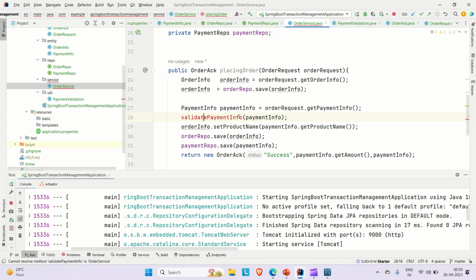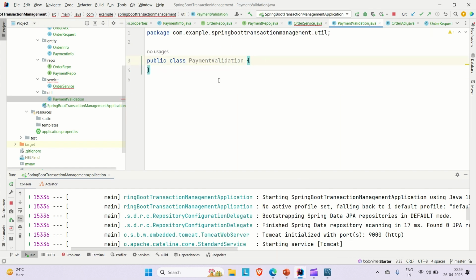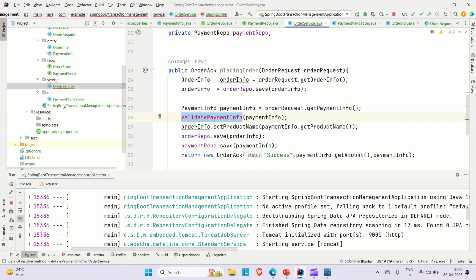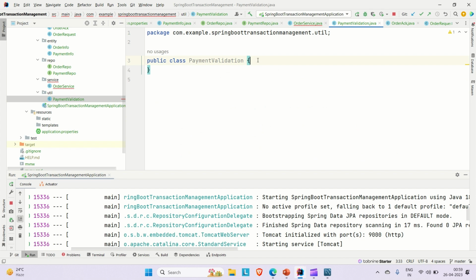So come here to the order service, and just copy it, or you can come here to the payment validation. What was the method name? It was validate payment information. Go to the payment validation, and first of all we will have a couple of records saved for ourselves from where we can validate the payment which is coming from the user. So let's say we are going to create one static data. Okay, so private static,